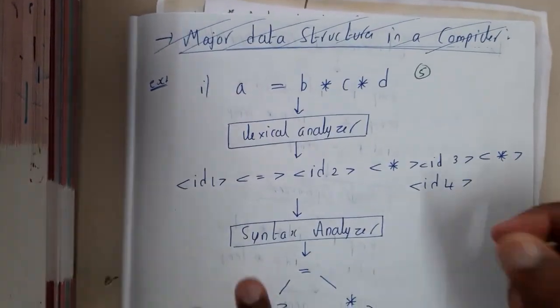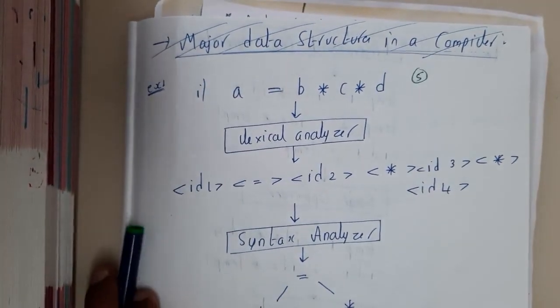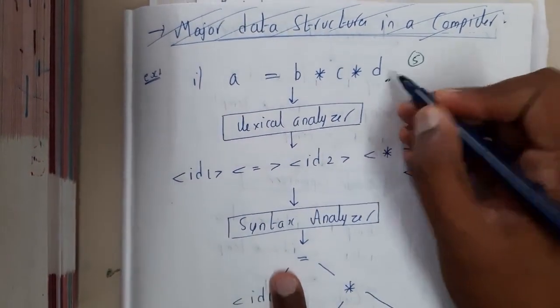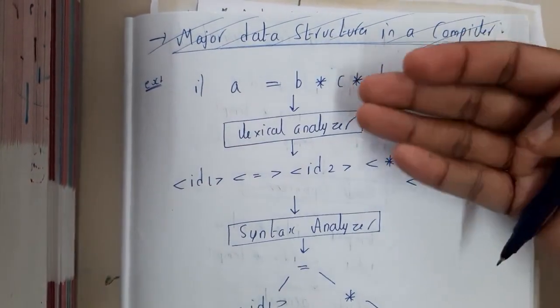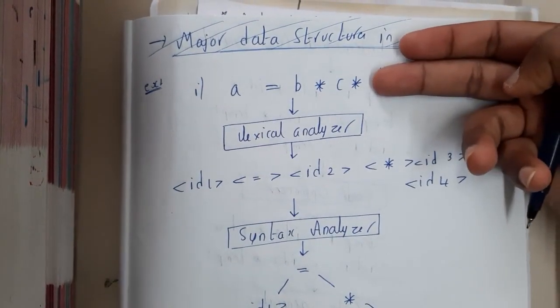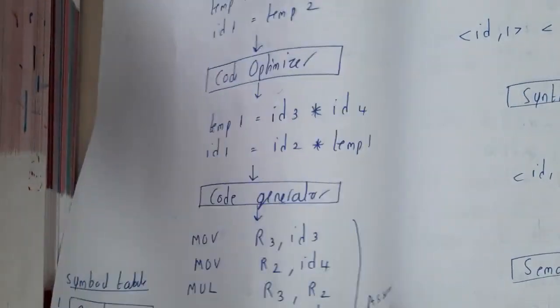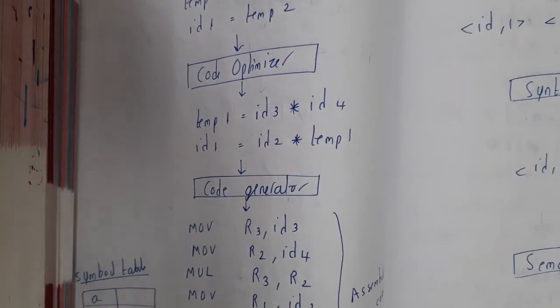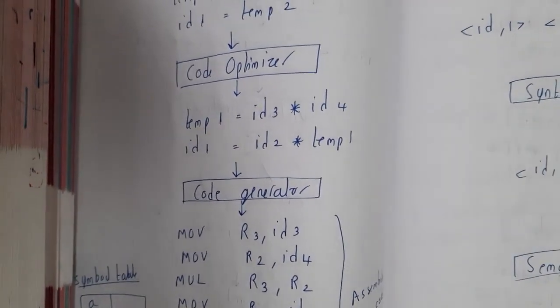I hope everyone got some basic idea about the different phases of a compiler, right? In the next lecture, we'll be going through two examples, guys, and we will be converting that particular expression into the machine code. Basically, we will be working as a compiler for the first time in the next lecture, so that we will get a clear idea on this topic.